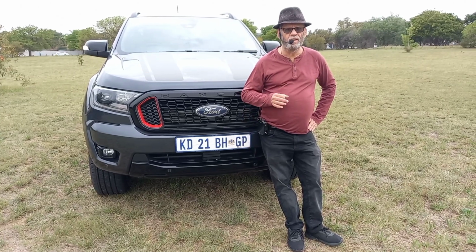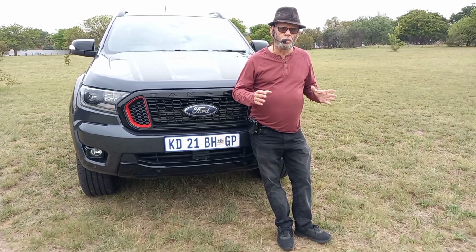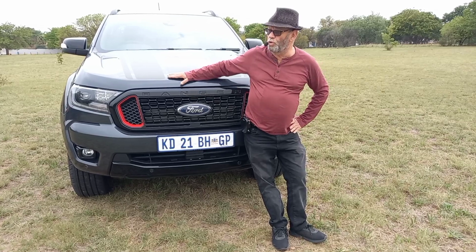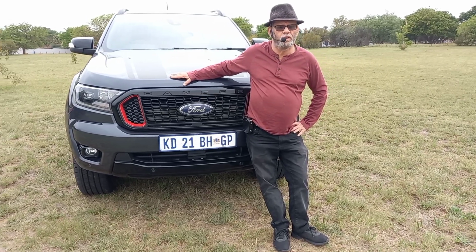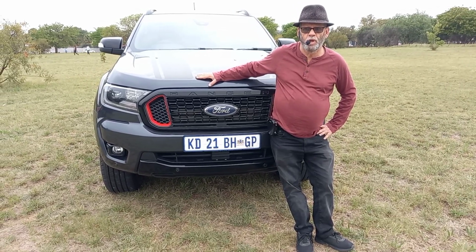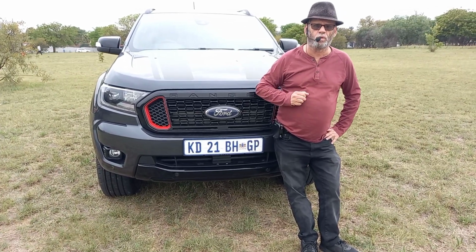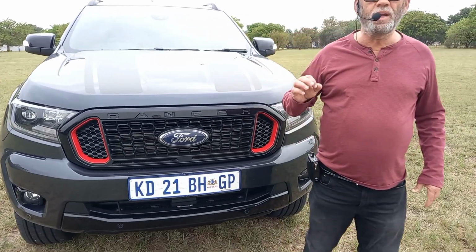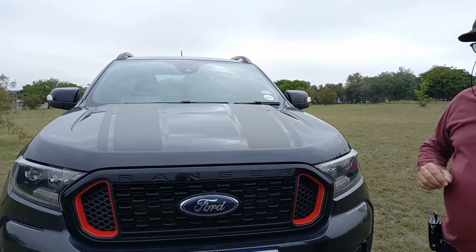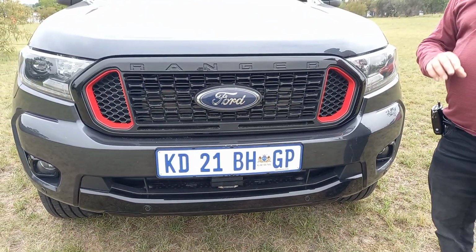It's often said that as a car is in production for longer and longer, the production and the quality gets better and better. Well, the current Ford Ranger has been around for quite a while, and I think we all know there is a new one coming, probably late 2022. But in typical fashion of the later days of a model, Ford have been bringing us many special editions over the last while. And this is the latest one, called the StormTrak, based on the Wildtrak version, but with lots